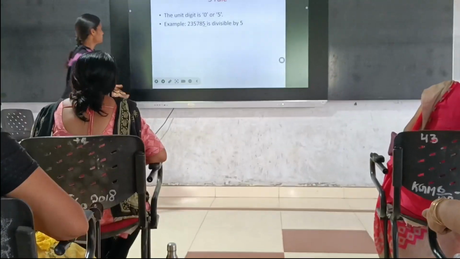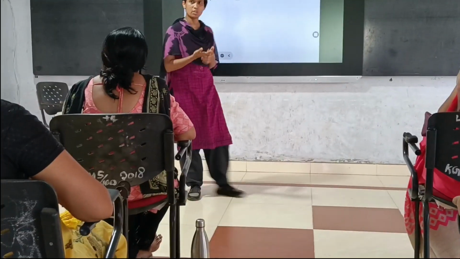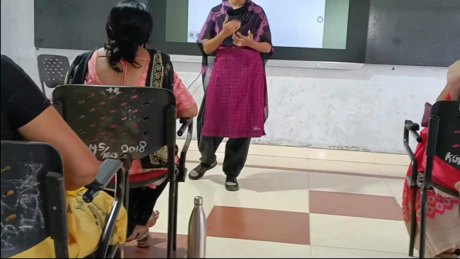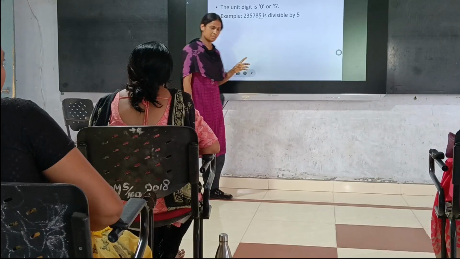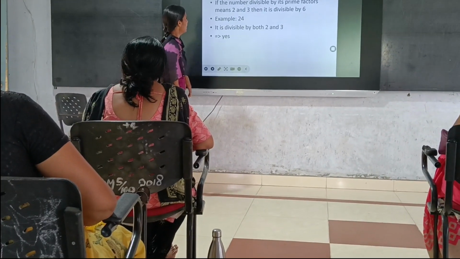Next, the fifth rule is very easy. In the fifth table also, 0, 5, 0, 5, 0, 5. In the ones place, if it is 0 or 5, it is divisible by 5. That is very simple. And the sixth rule is